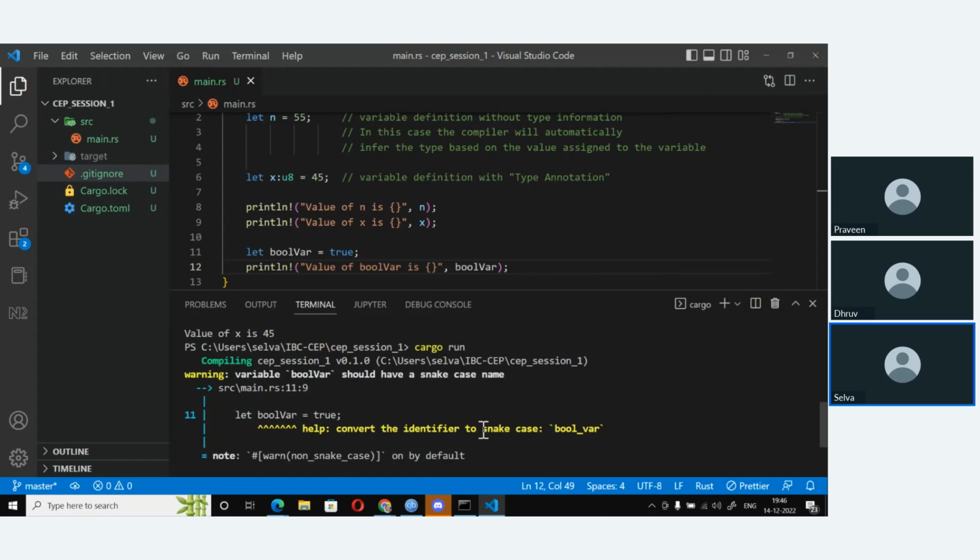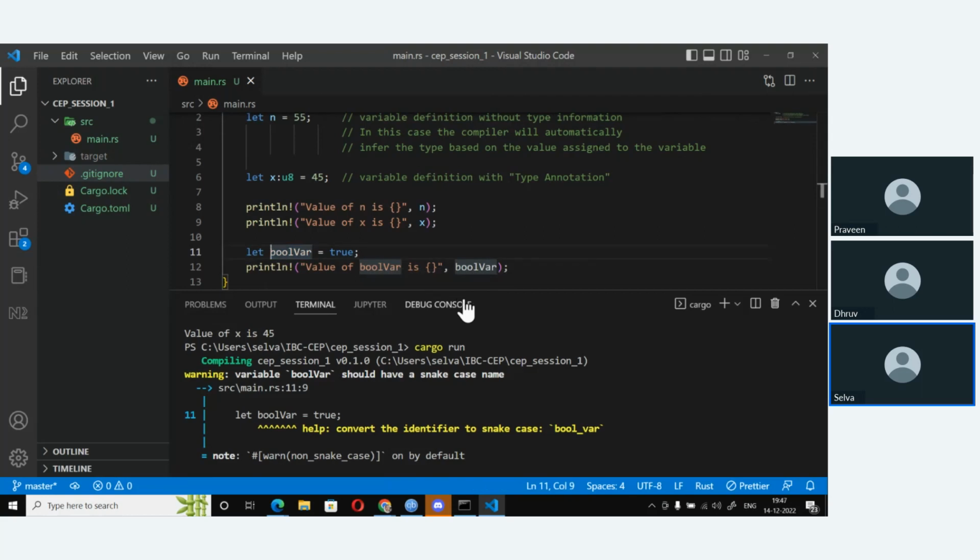Convert the identifier to snake case. Yes. So this is one thing I wanted to show you. Okay. So Rust does not actually like this sort of casing. What Rust wants is that you should use snake case.